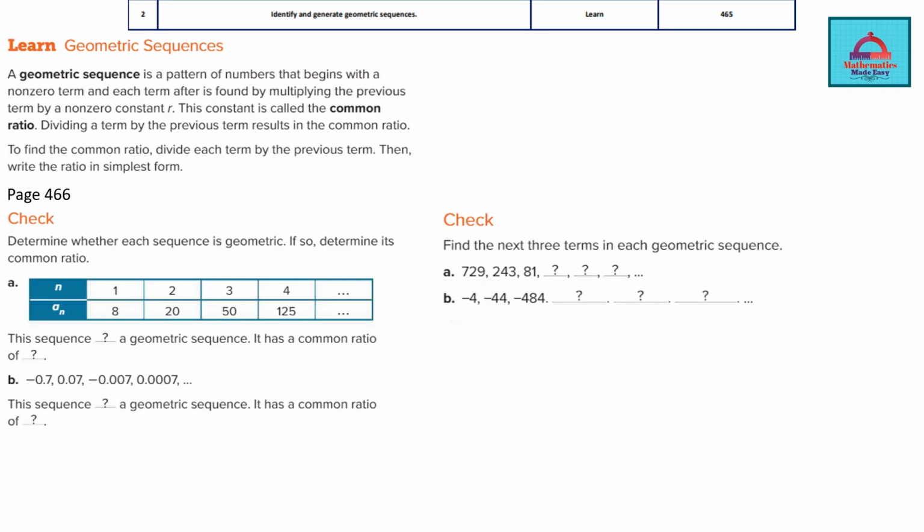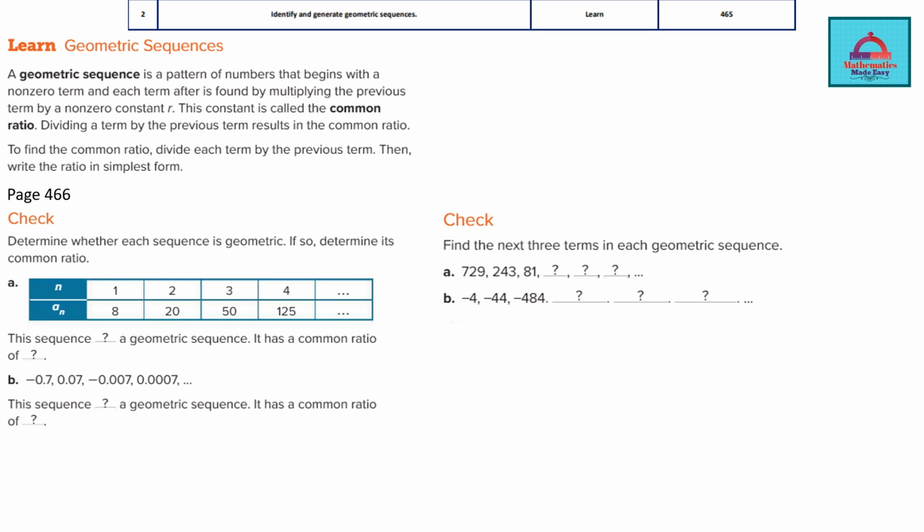Let's recall the concept of geometric sequences. A geometric sequence is a pattern of numbers that begin with a non-zero term, and each term is found by multiplying the previous term by a non-zero constant r. This constant is called the common ratio. Dividing a term by the previous term results in the common ratio. So these are important concepts and we are going to use these concepts now for solving these questions of